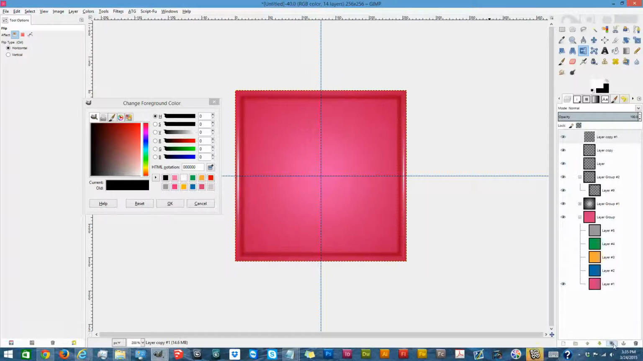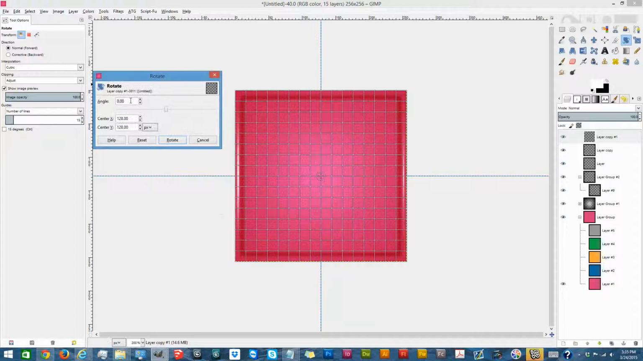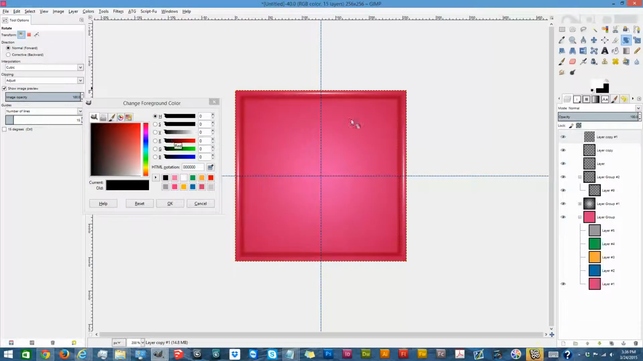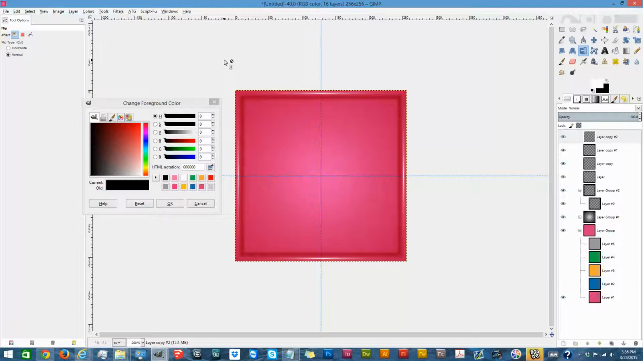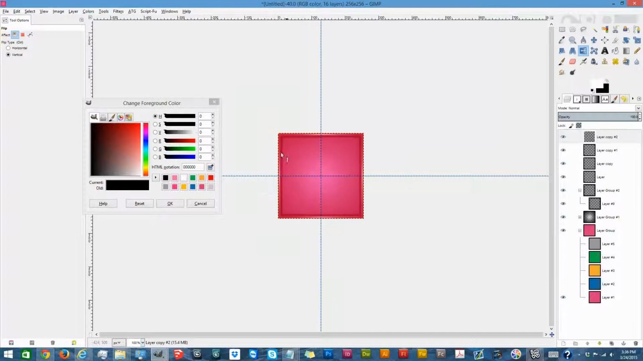Alright, and this one I'm going to rotate 9 degrees. Sometimes this does not work, and it comes out really weird if you do it like this. Actually came out nicely. So, duplicate that one, flip it vertically. Okay, so if I back this up, as you can see, we already have a nice little PVC texture almost